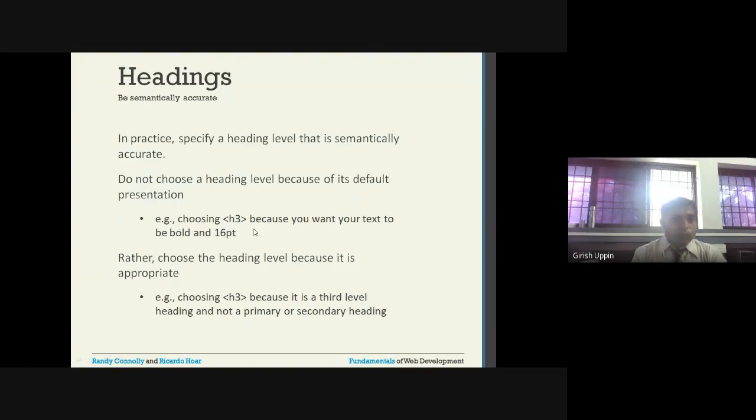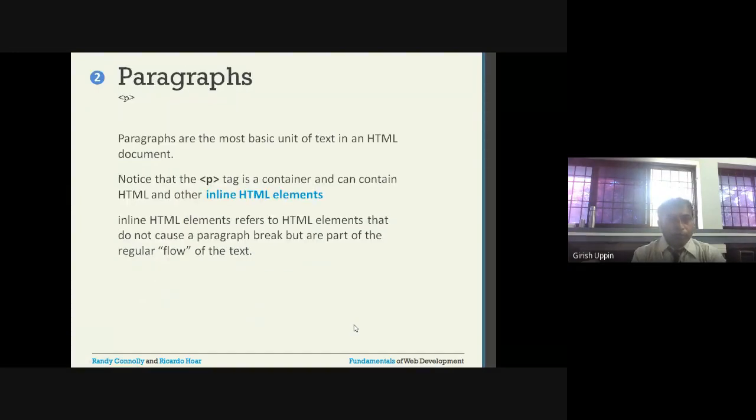For example, choosing H3 because you want your text to be bold and 16. You should not take the H3 heading because you want that look. Rather, choose the heading level because it is appropriate. Choose H3 because it is a third level heading and not a primary or secondary heading. So that is how it should be semantically accurate.